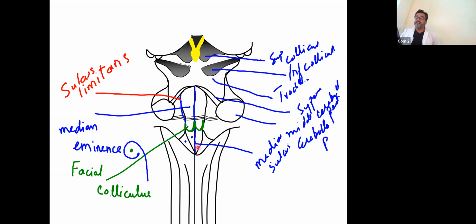If you go medially, you would see two triangles. One is the hypoglossal triangle, the other is the vagal triangle. Hypoglossal triangle lodges the hypoglossal nucleus, while the vagal triangle will lodge the dorsal vagal nucleus, which is the parasympathetic nucleus of the vagus. So these are the things which you are going to see